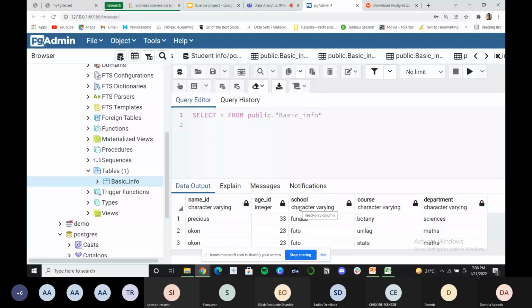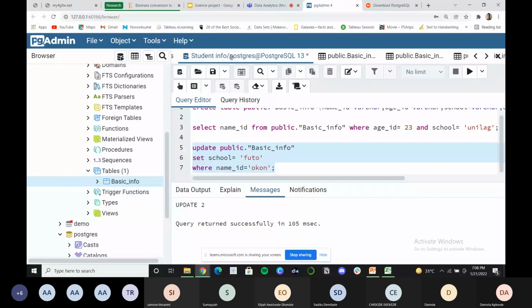I want to add GP colon. Basically, we add GP colon before, so that